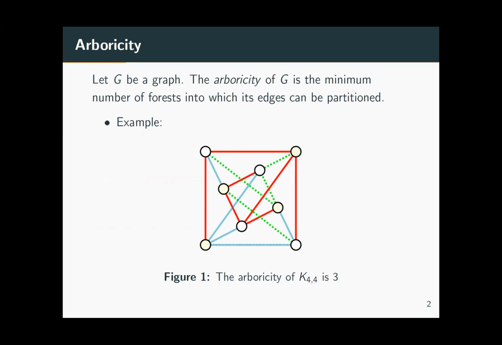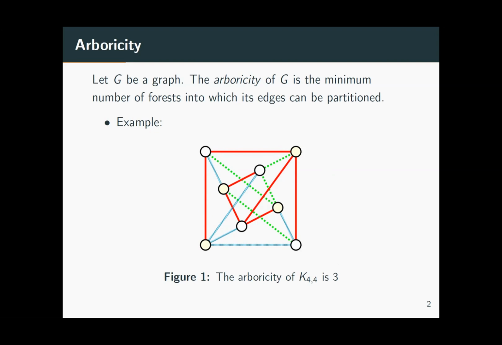So if we only talk about arboricity, it is the minimum number of forests into which a graph's edges can be partitioned. So here is an example as shown below. And the arboricity of K44 is 3. So I have already drawn these 3 forests with 3 colors, red, blue, and green. And we can prove it. Actually, this is indeed the smallest number because